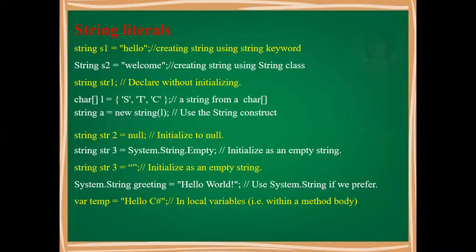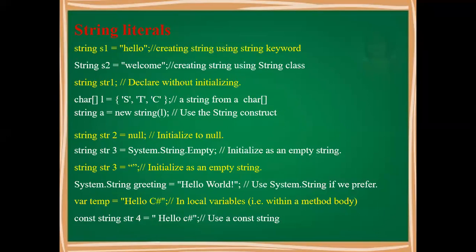Then there is an alternative given for compatibility with other programming languages. We can use the keyword var. Here temp is our variable name, var, and in that we have written hello C#. That is a local variable within the method body. We cannot declare it at class level, but we can use it at method level. But my instruction to my students will always be that you have to use the proper data type name to avoid confusion, because var doesn't tell you which kind of data it will take as an assignment. Here is constant string, you can also create a string constant just by putting the keyword in front.